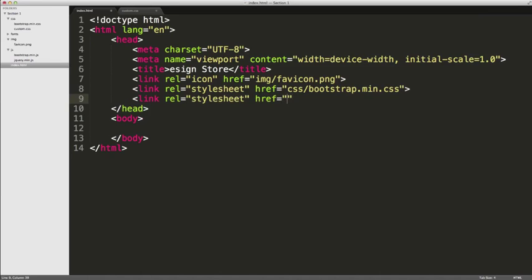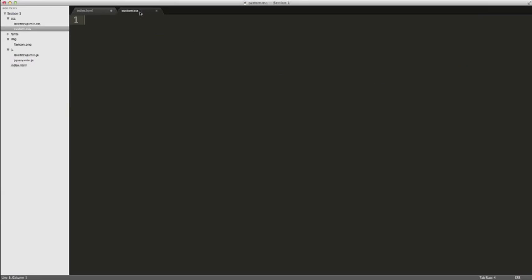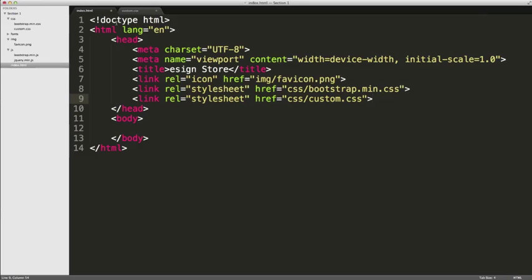stylesheet href equals css/custom.css. So that we have our favicon, our Bootstrap CSS, and our custom CSS. And our custom CSS is currently just blank, but we'll be working with that a little bit later on. So now I just want to do two more things in this video. I want to include our